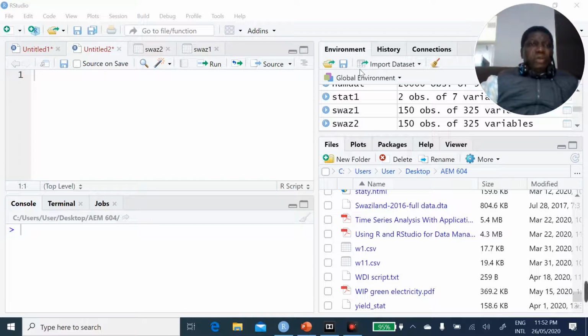Today, I want us to look at how to convert negative numbers such as -9, -99, -44, -6, and so on, commonly used to indicate missing values. So I want to show us how to convert such negative numbers to NA in R. Because if you're working with R, you have to convert all such negative numbers to